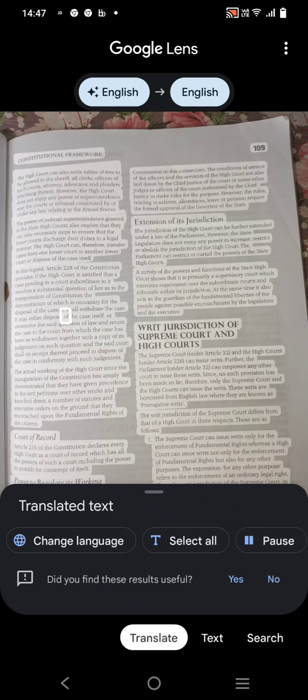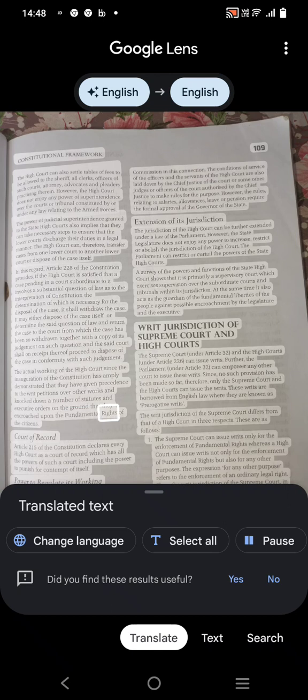It may either dispose of the case itself or determine the said question of law and return the case to the court from which the case has been so withdrawn, together with a copy of its judgment on such question, and the said court shall on receipt thereof proceed to dispose of the case in conformity with such judgment. The actual working of the High Courts since the inauguration of the Constitution has amply demonstrated that they have given precedence to writ petitions over other work and knocked down a number of statutes and executive orders on the ground that they encroached upon the citizens'